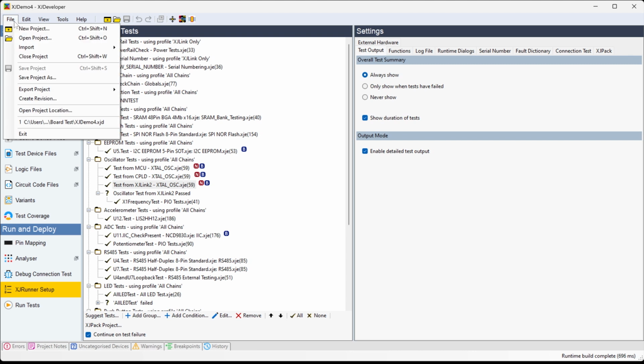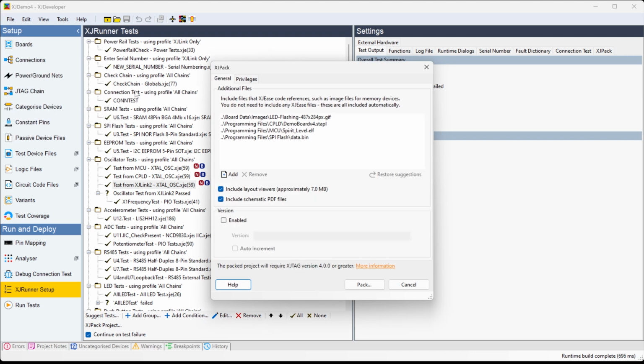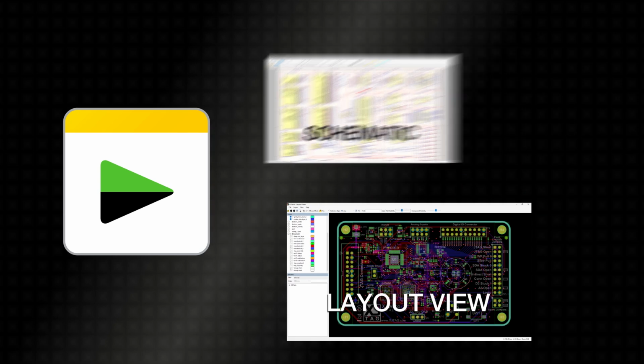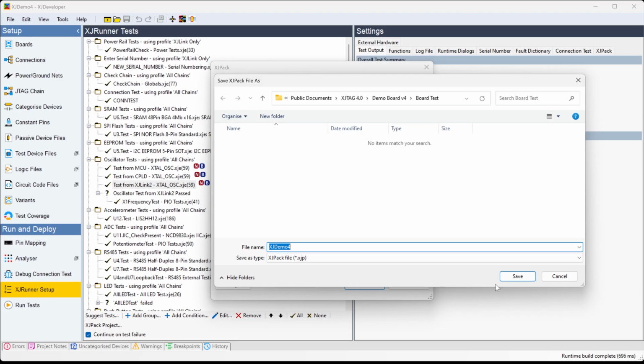With contract manufacturers in mind, all the information that the production team needs is transferred in a single file that's compressed and protected against tampering. How much information is in that file, though, is determined by the design authority. It will contain the data needed to run the tests, but they can also choose to include schematics and layout info to help with debug. This flexibility allows the originator to decide how much access is given to their IP.